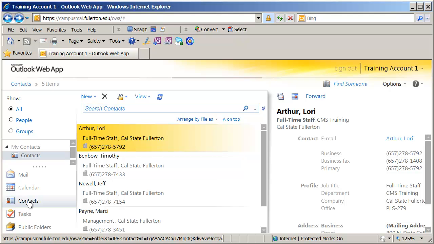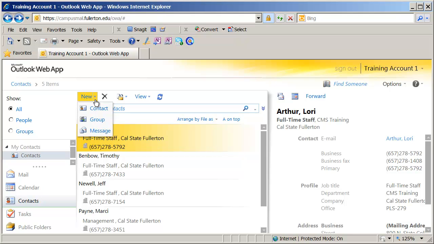personal contact list. Now this is different from the campus global address list. These are the contacts that you're specifically keeping in your copy of Microsoft Outlook. You can see while some people may come from the global address list, you can put anybody you want in here. To create a new contact inside of your contact list, you're going to click the drop